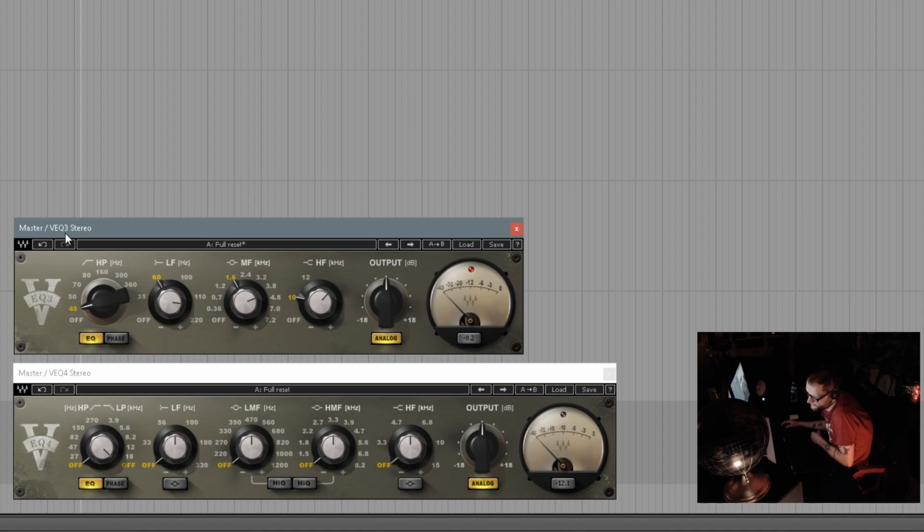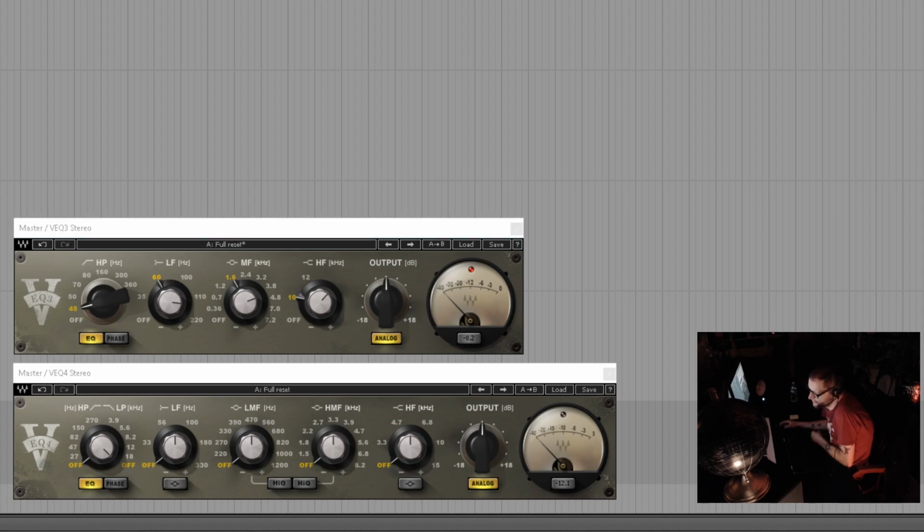That's the VEQ3, and that's probably my favorite. Just run and gun, drop it on the track, focus the signal, one-stop shop. This EQ I love. This is on my favorites list because if I need to quickly focus the energy of whatever instrument it is in my track, I can quickly grab this, put a high pass on, zero in on